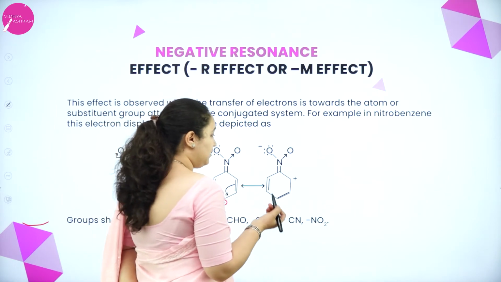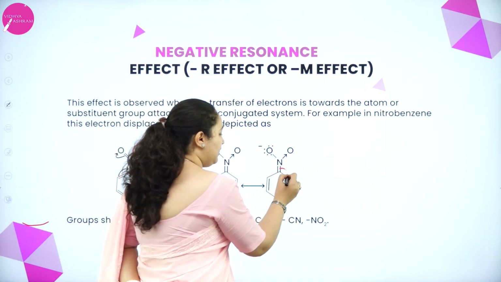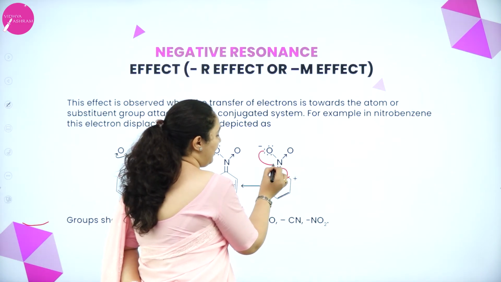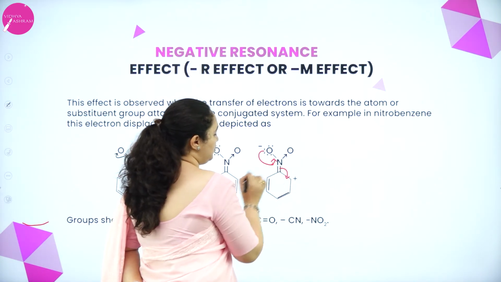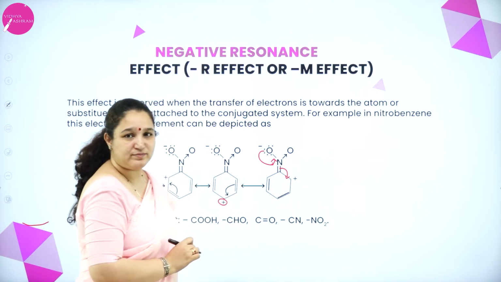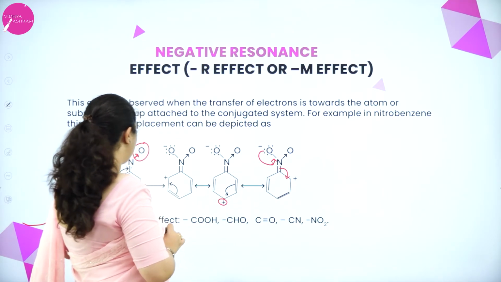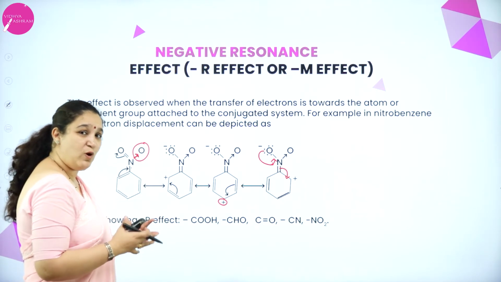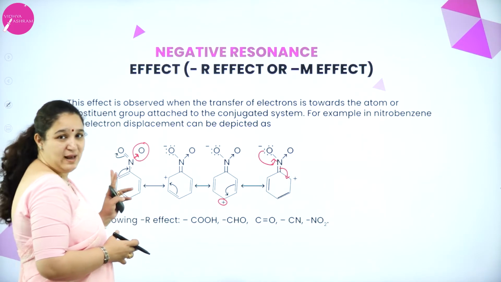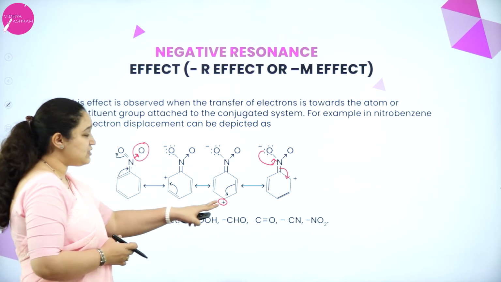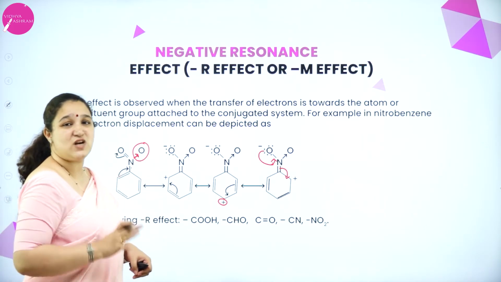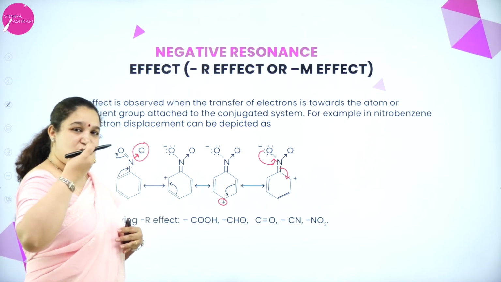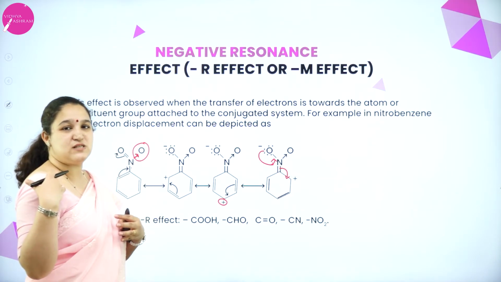Then later what exactly will happen? From here the bond will come back here and this can come back to its own position to form the bond. So it will come back to the original form. So here the delocalization of, again, what electrons? Pi electrons are happening, and in the benzene ring what is the charge which is moving? It's a positive charge which is moving, and the substituent which is attached pulls the electrons from the benzene ring towards itself.